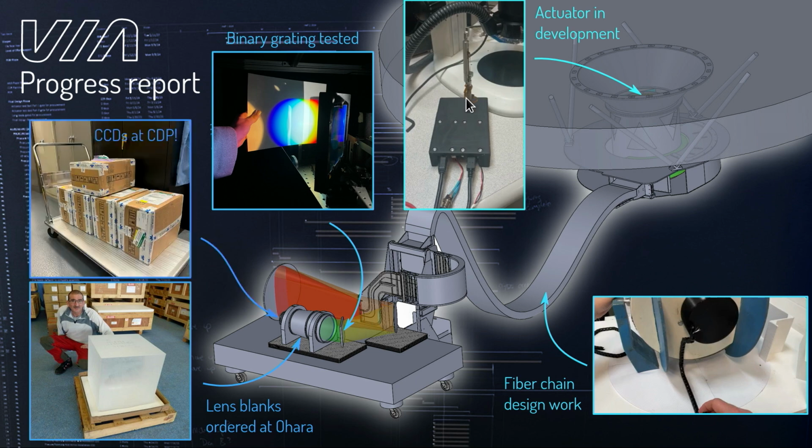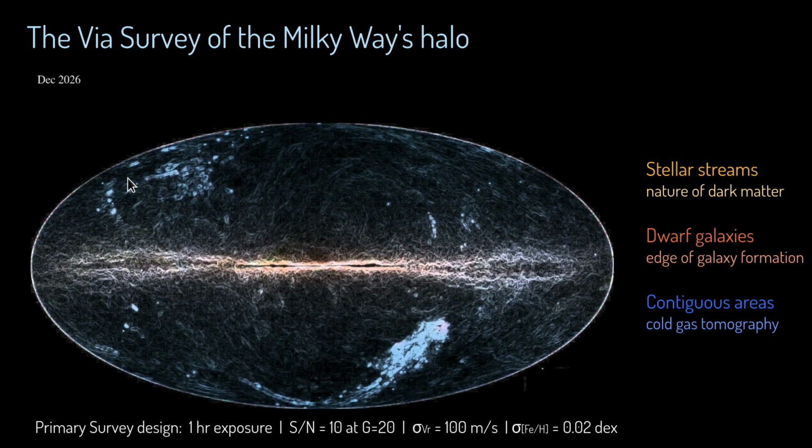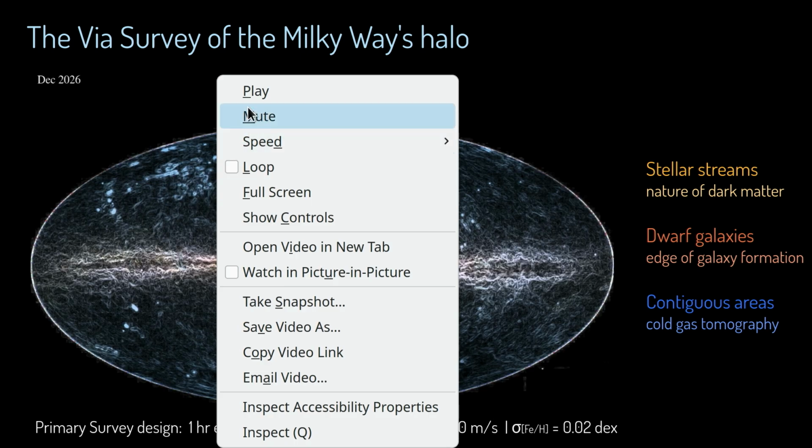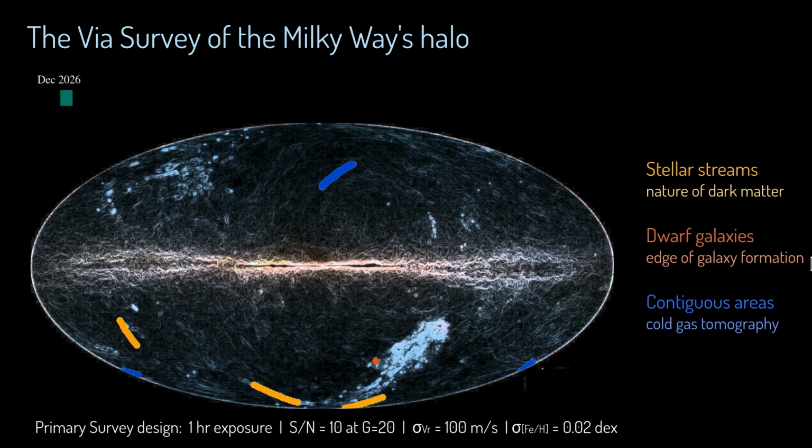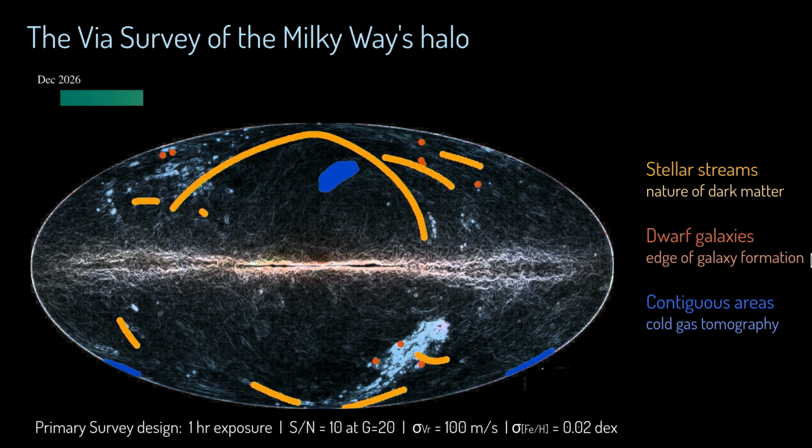We have actuators tested in the lab. We're working on a model of the chain design. The binary grading is being tested by Harvard grad student Abby White. We ordered the lens blanks here, of the camera, and have actually received the CCDs, which are now currently at CDP. So it's all exciting, on track to begin operations in December of 2026, just a month or so after the first data release from the LSST